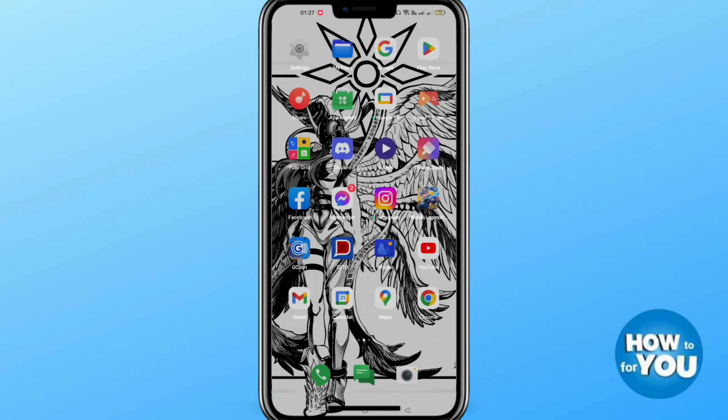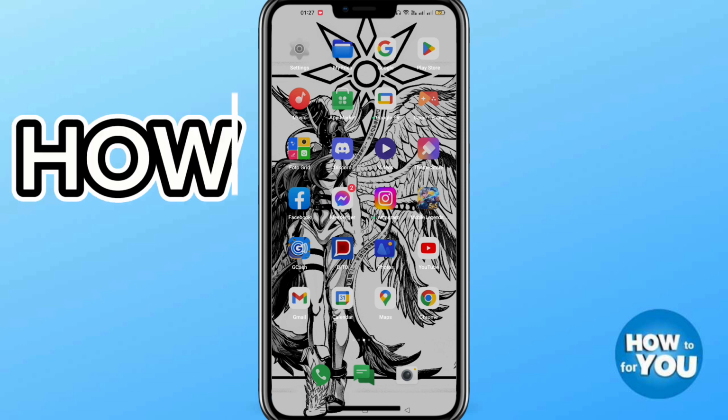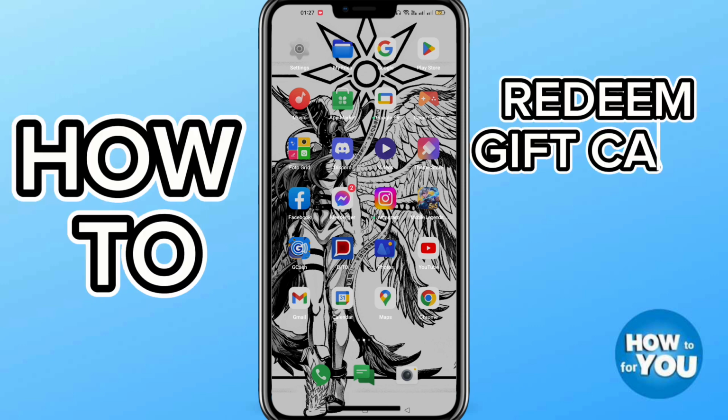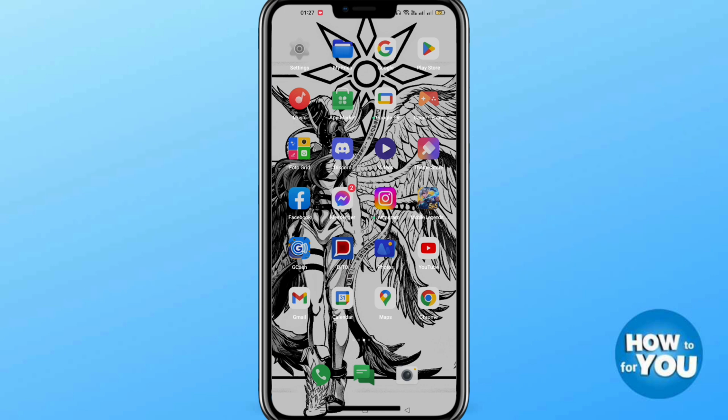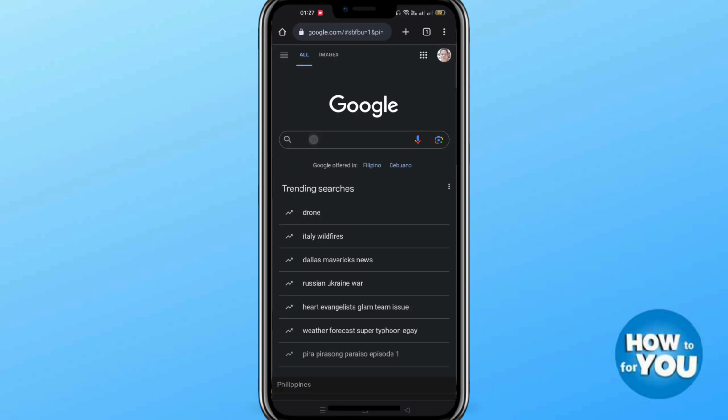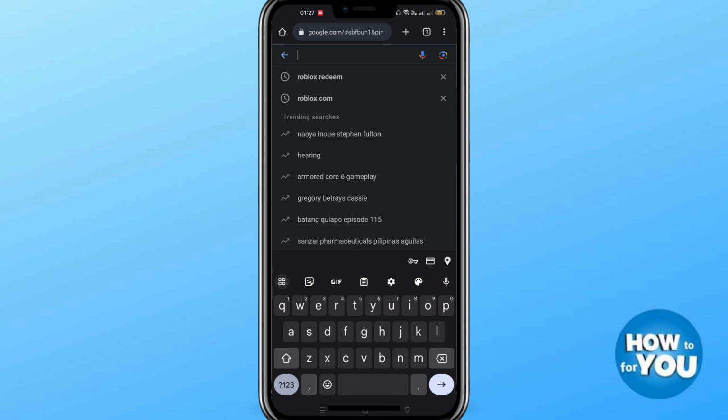So hi guys, for today's video I will show you how to redeem Roblox gift card codes on mobile. So let's get started. First, open the Chrome application or Google, and in the search bar put in Roblox